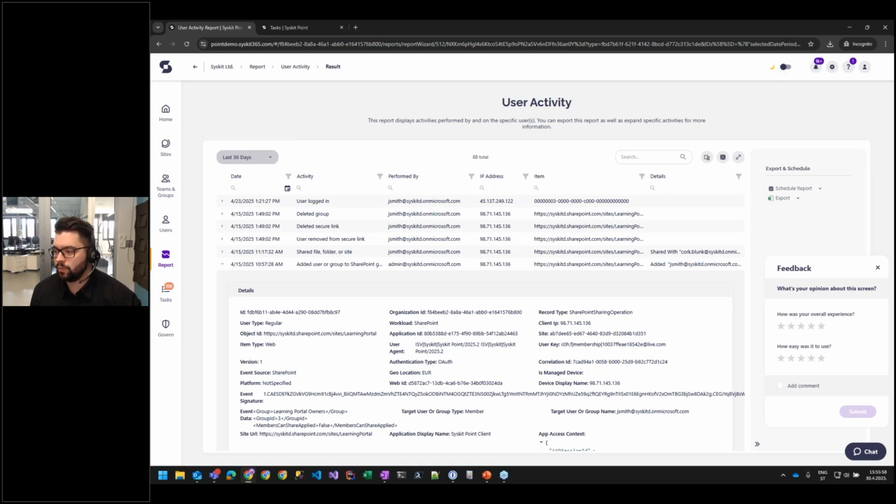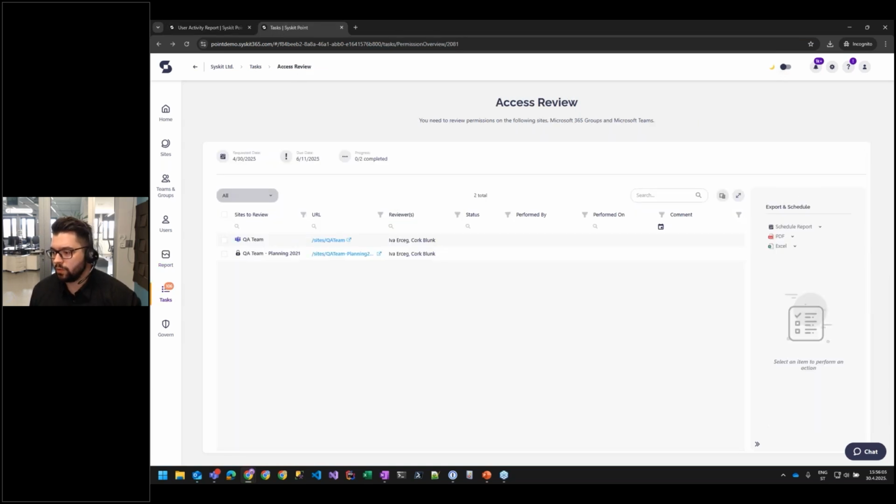Okay, and now if you want to be really proactive about governing your environment, you'll want to make use of our access review feature. Reviews allow you to make site owners do regular periodic reviews of their sites. This is important because access evolves over time, and you should ensure the least privilege principle continuously and not just on onboarding. So you can request an access review in a workspace, which creates a task for its owners to complete.